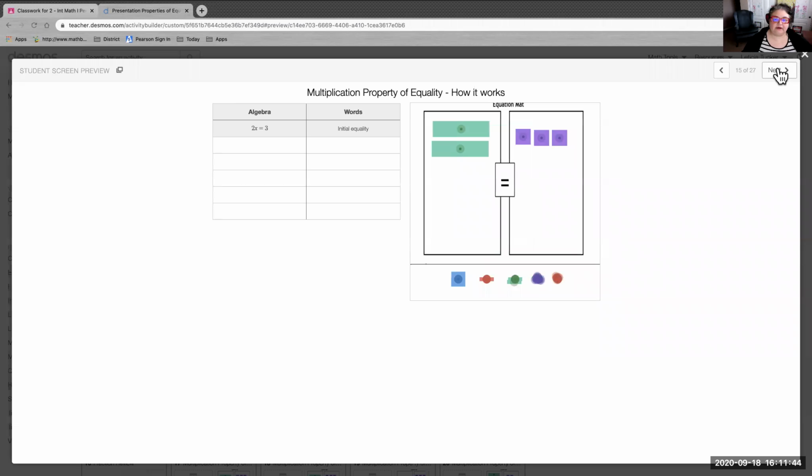Okay, so this is the multiplication property of equality. Hold on, just watch this one. Do not take notes on this one. I just want to show you how the multiplication property of equality works. The division property is you took what you had and you put it into groups. The multiplication property is we're going to take what we have